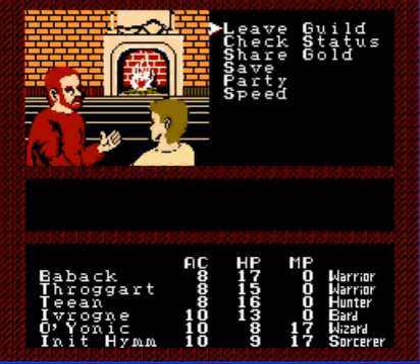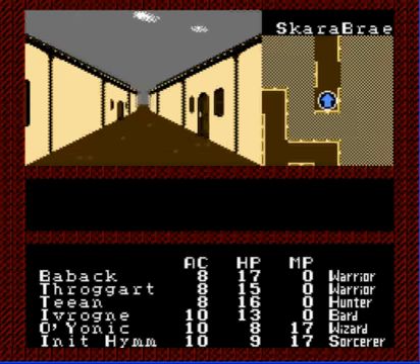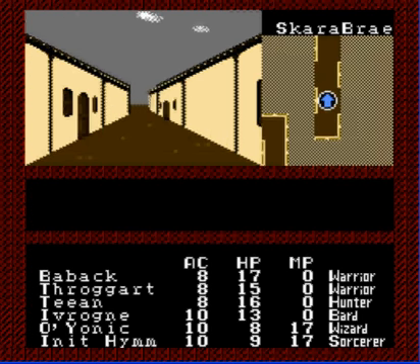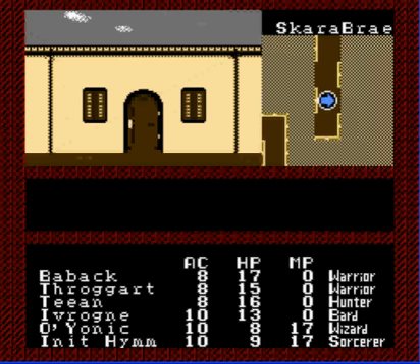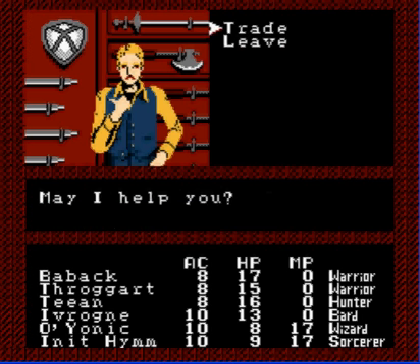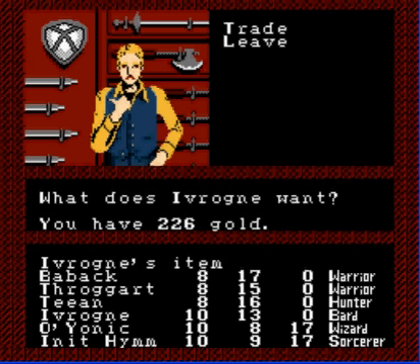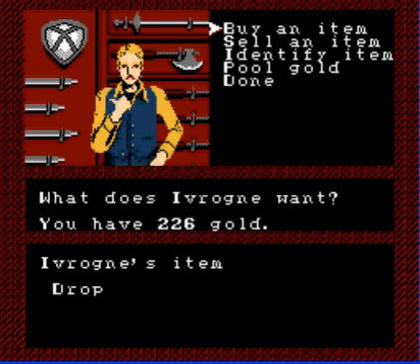So, yeah, we got everything done we need to do. We're in the Adventurers Guild. We're gonna leave now. And unlike the PC version, all the things that you need throughout the game are in the same little section. So this is the equipment shop, which I've already visited. I've already equipped my party with almost everything they'll need, except I haven't gotten my Bard